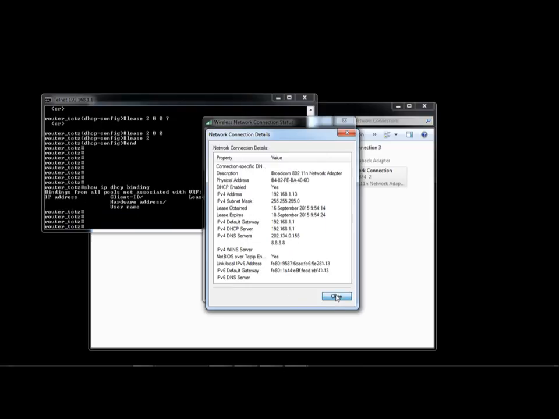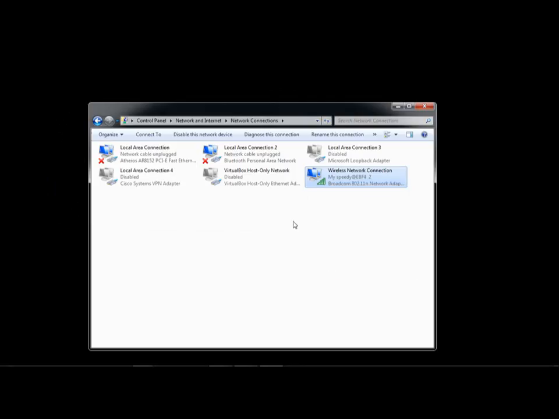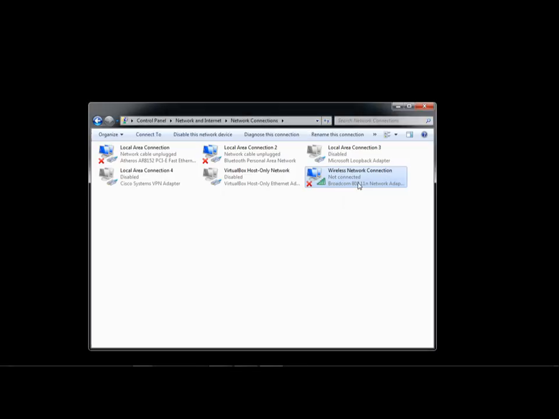Okay, there is no output from the show ip dhcp binding command. So okay, let's disable our adapter first, and then enable it again.